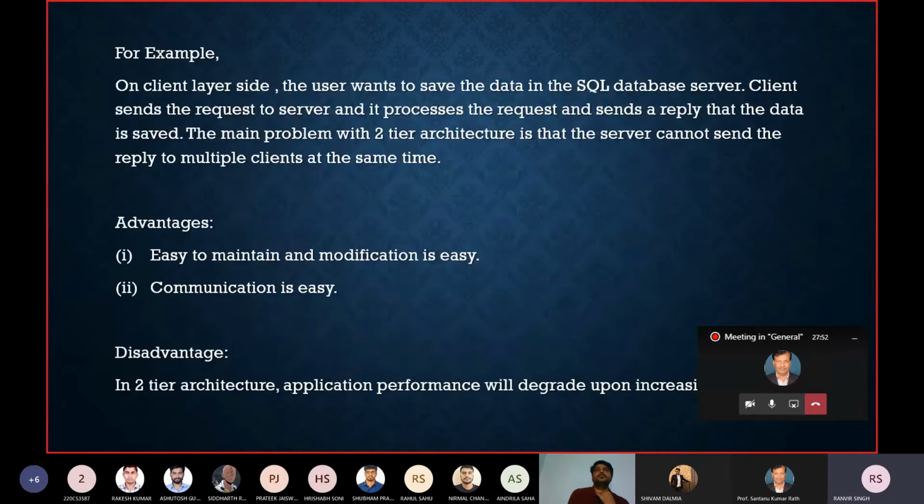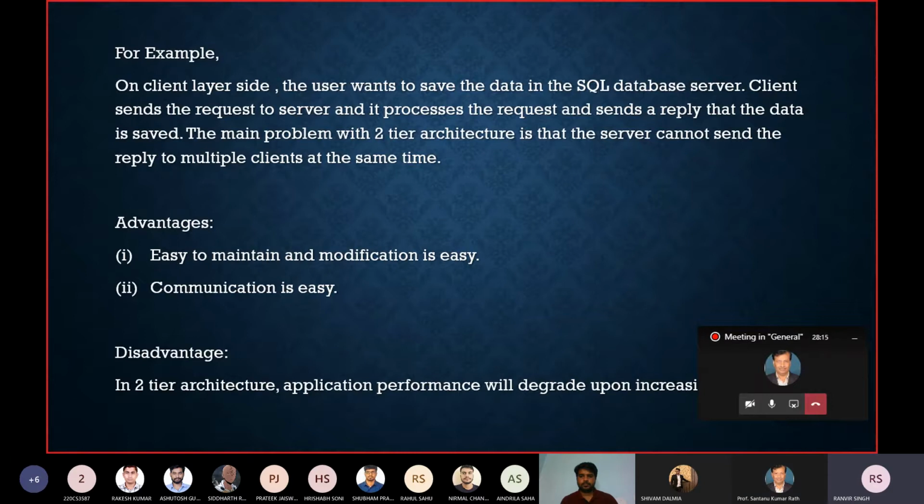So moving on, one example: suppose on the client layer side, the user wants to save data in the SQL database server, that data layer. The client sends the request to the server, which processes the request and sends a reply that the data is saved.